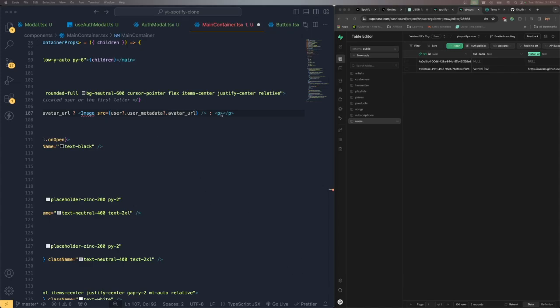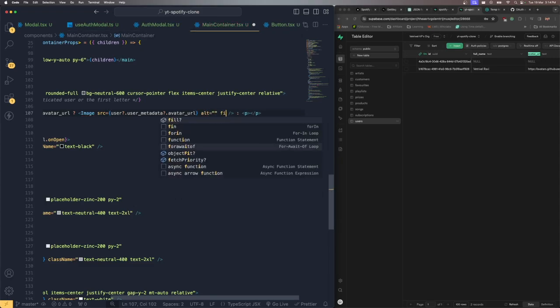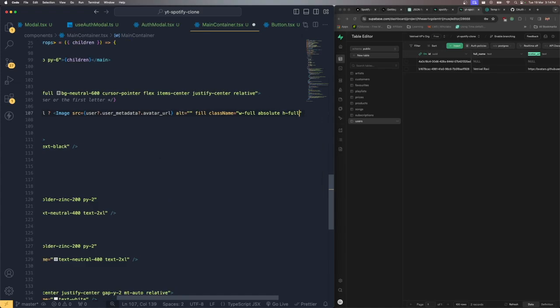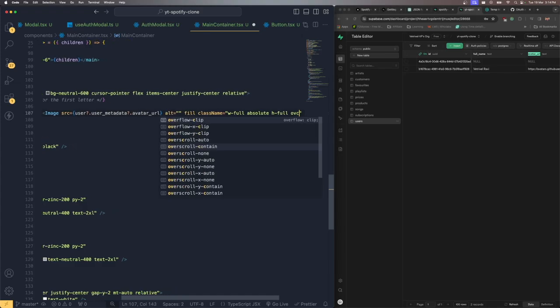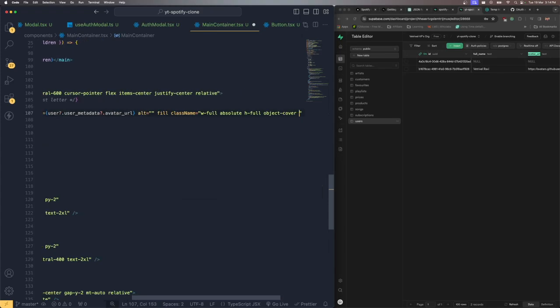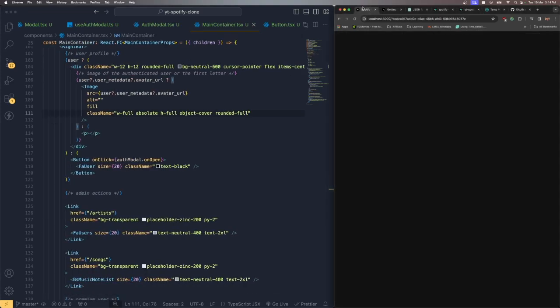After here, alternative, let's keep it as empty, then it should fill. And class name, it's going to be width full, absolute height full, object cover, and rounded full. Save these changes, and now